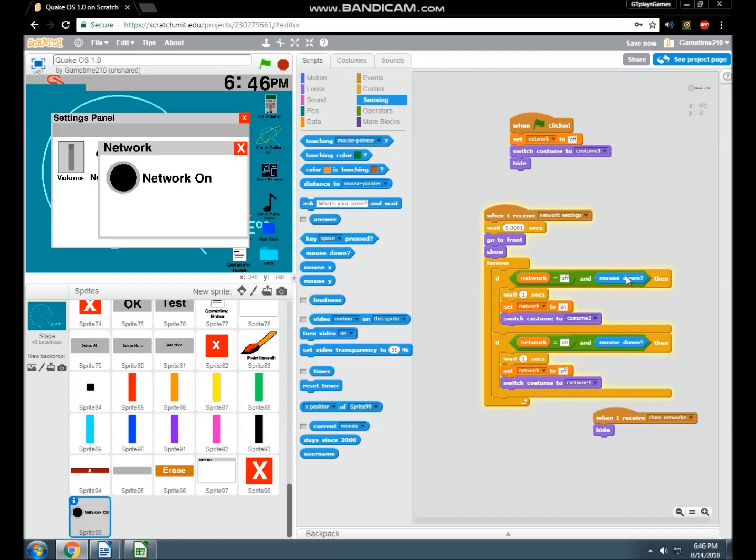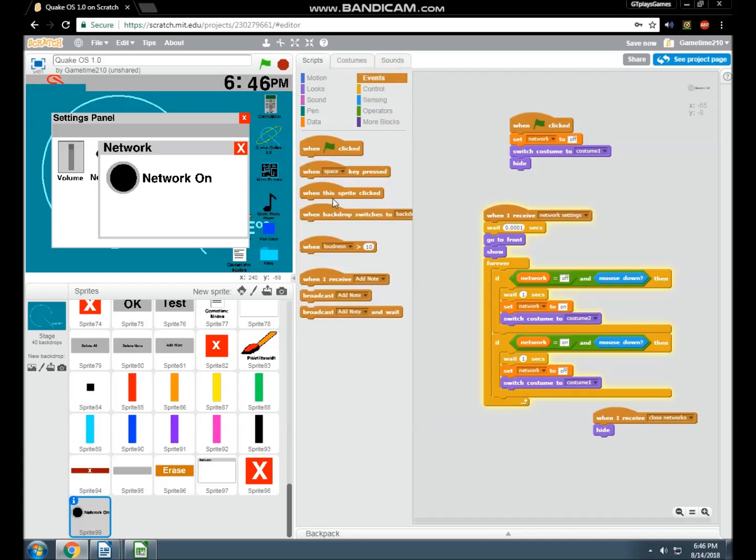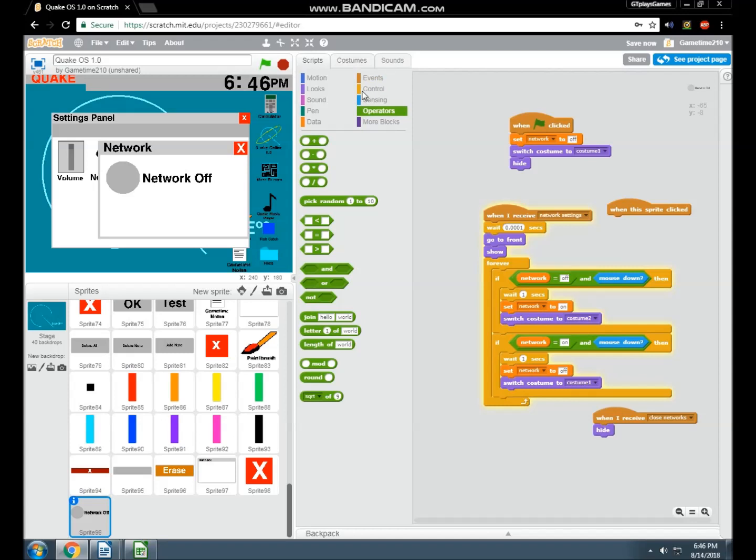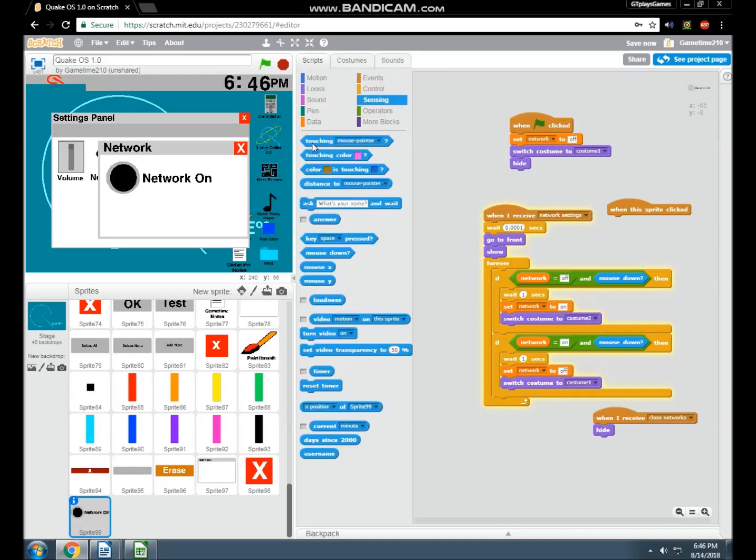We could either try when this sprite clicked, or we could add another and onto that and add a touching mouse pointer. Let's try the when this sprite clicked first.